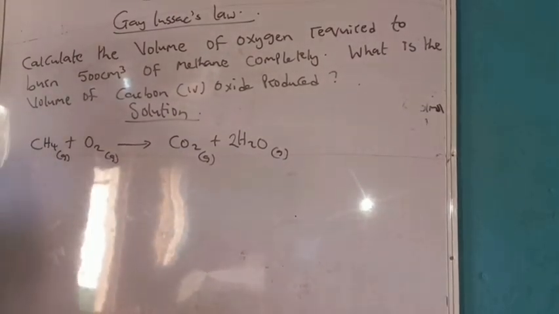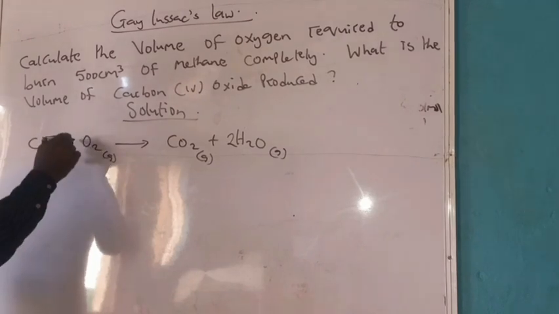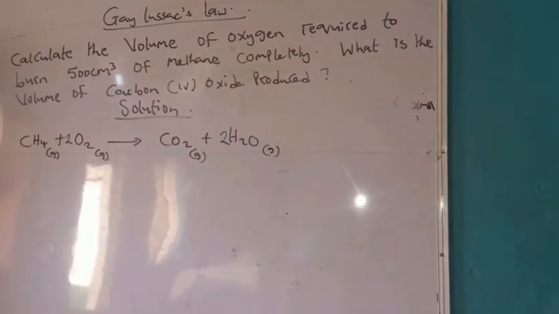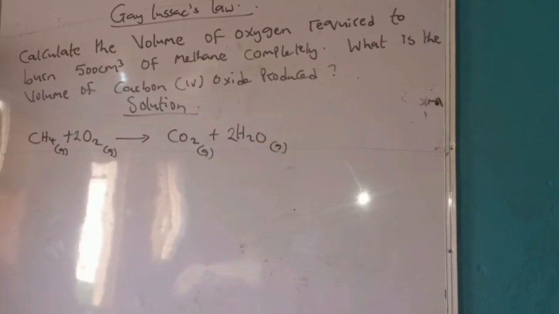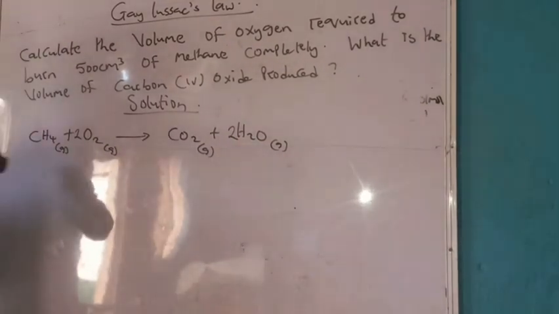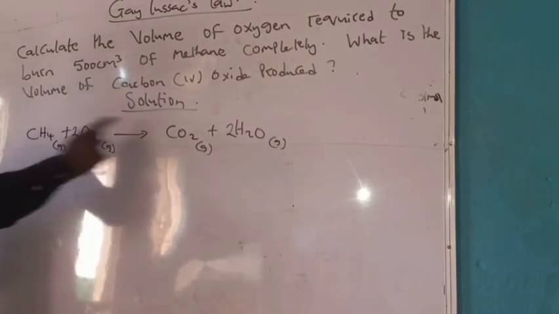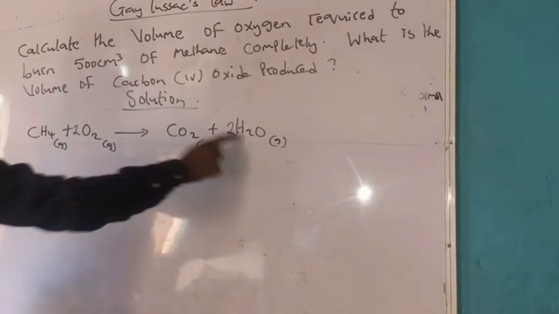2 plus 2, 4 oxygen. And if I come here, I have 2, I can put 2 here. That is 2 times 2, 4 oxygen. And if I look at my carbon, is my carbon balanced? Yes. So let's confirm now. 1 carbon is here, 1 carbon is here, 4 hydrogen is here, 2 times 2, 4 hydrogen is here,